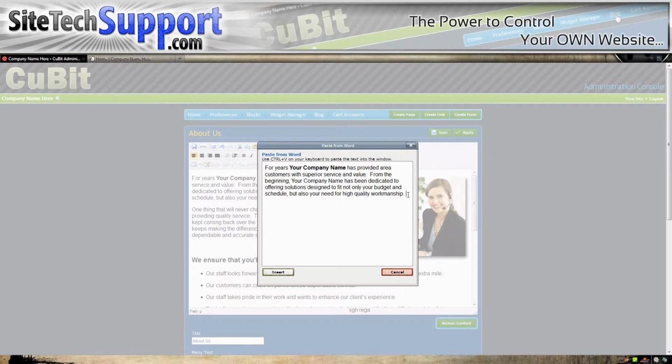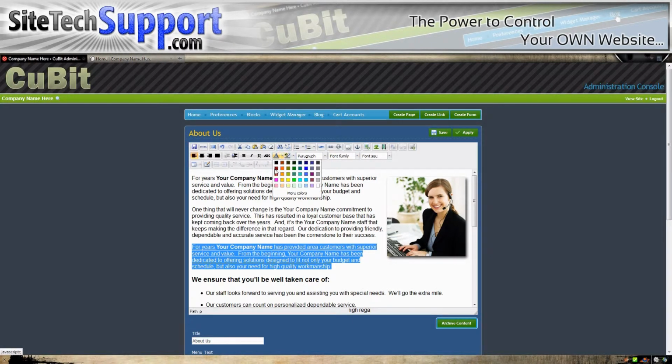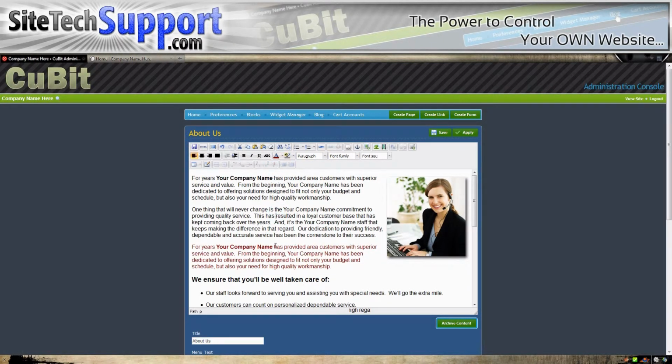So when you bring it in from another website, it's technically dangerous to just paste right in the editor. You should always paste from Word. That protects you. Consider it a filter. So you hit insert, and it drops the text in right where your cursor was, and then from there you can highlight and set colors, and then you can make things underlined, italics, do all the basic editing of